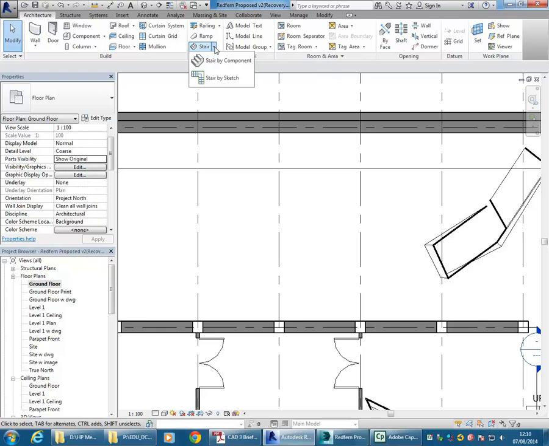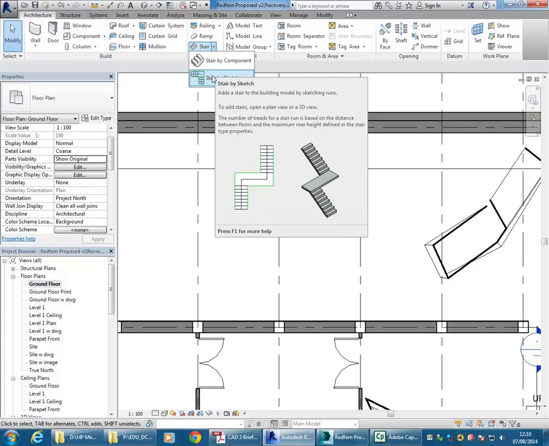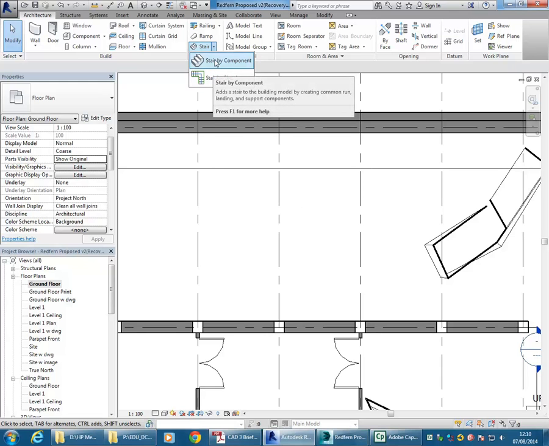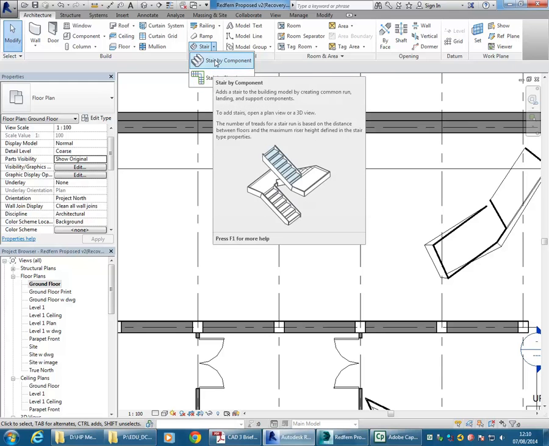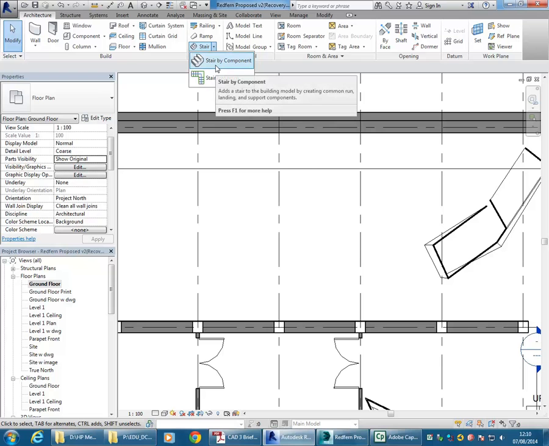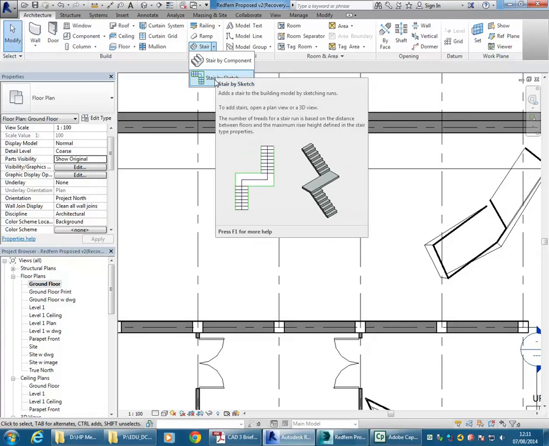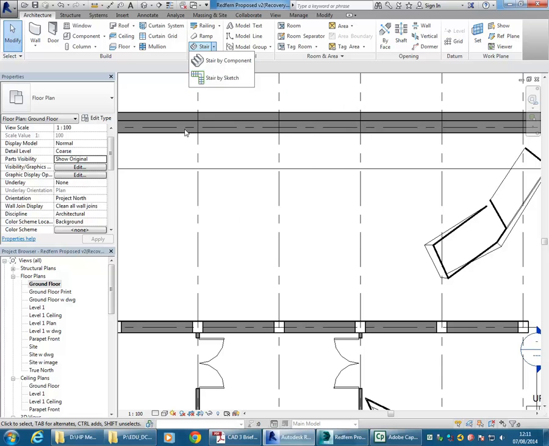And if you click on the down arrow next to the stair button, you'll see you've got two options for making stairs: stair by component and stair by sketch. I'm going to recommend that you use stair by sketch for all of your stairs at first. Play around with stair by component if you like. It is useful sometimes, but a bit more difficult to adjust than stair by sketch. And if you're working from a floor plan, then stair by sketch is probably a better option anyway. So I'm going to go to stair by sketch,